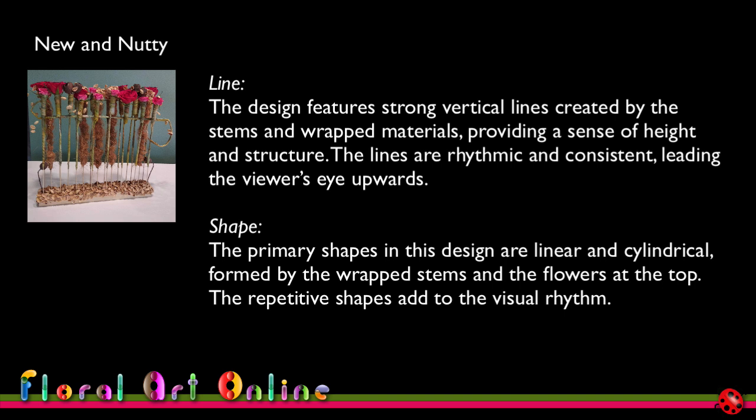So we still want to stay in the design, so we've got to have something that gives a little bit of rhythm and movement to keep you back and interested in the design. And I also need to ensure, because there's so many vertical lines, that the horizontal lines give it some stability as well. So we've got the very thin horizontal line that's threaded through the uprights under the water vials,